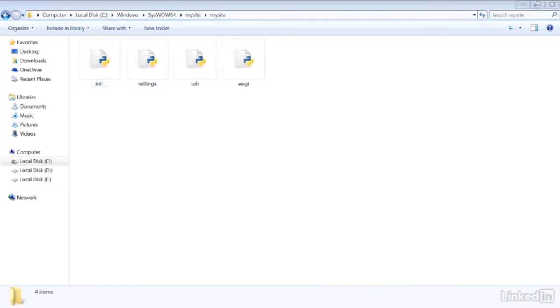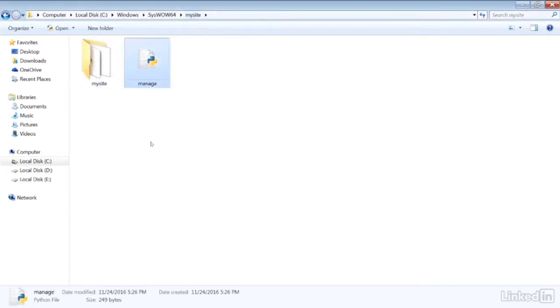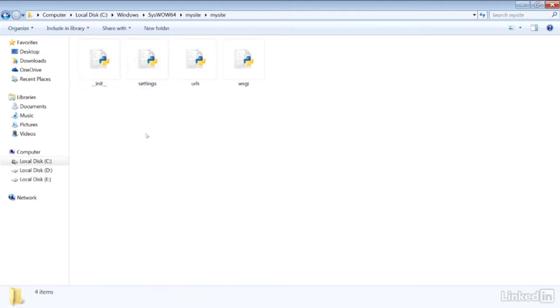Let's see what these files are. Manage.py, a command line utility to interact with your project. It's a thin wrapper around the django-admin.py tool. You don't need to edit this file. MySite. Your project directory consists of the files which are